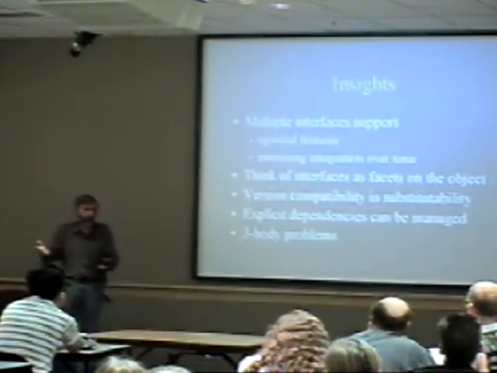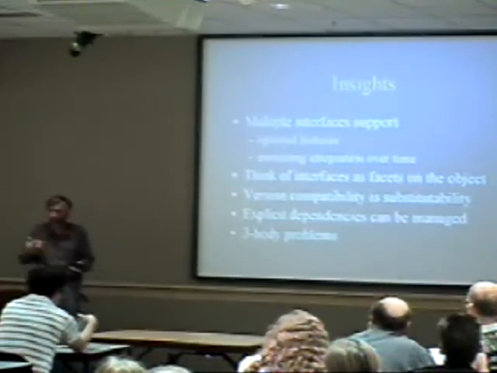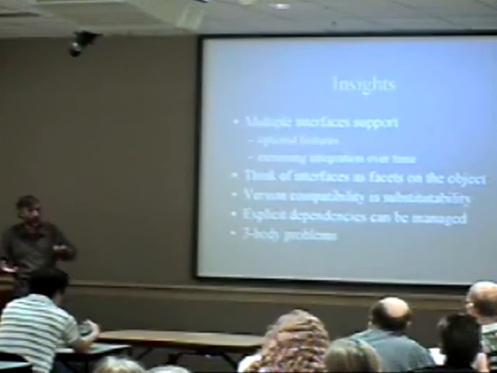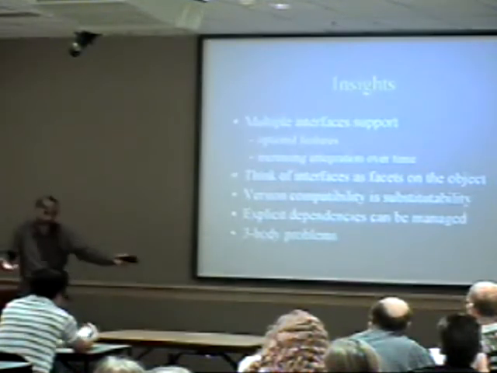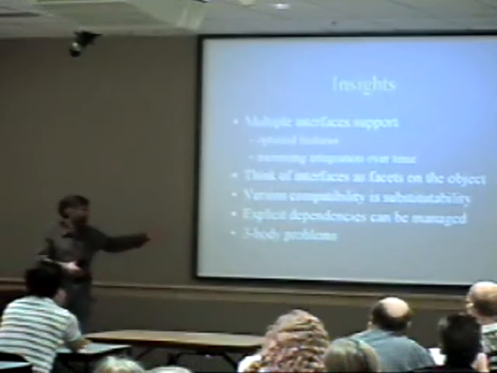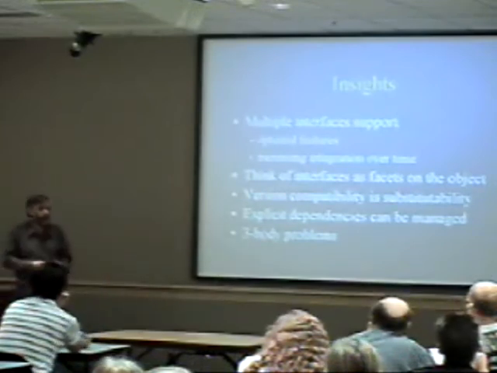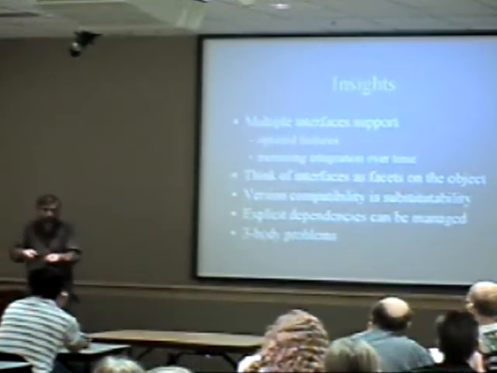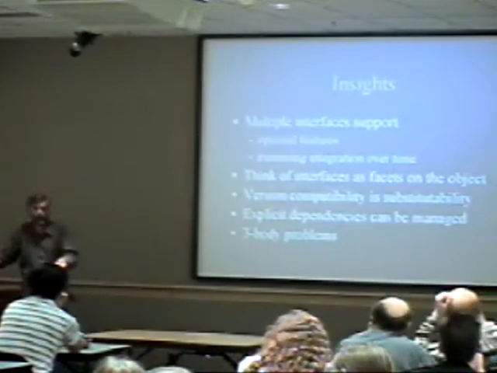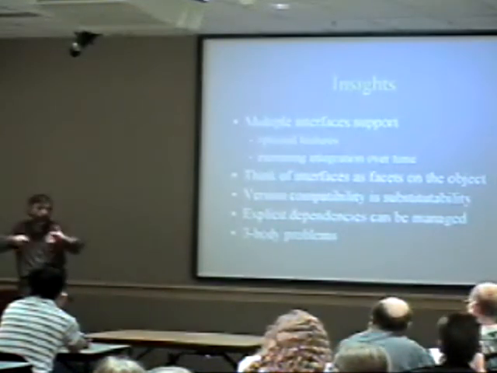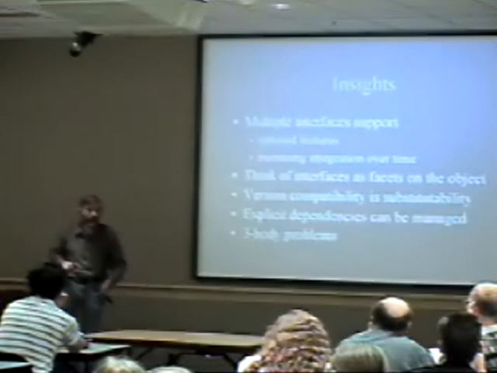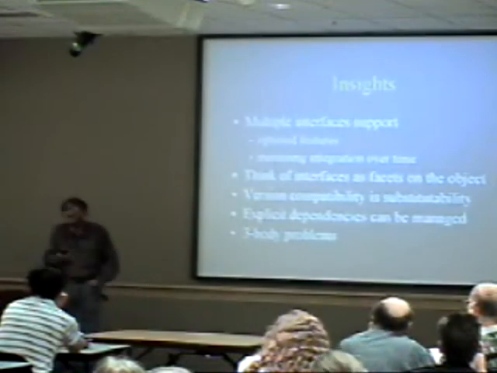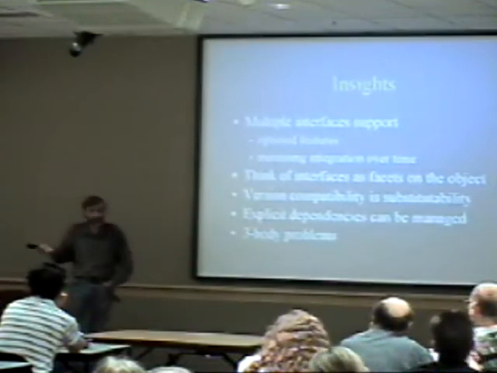So if it's a color printer and the image knows how to print itself to a color printer in a richer way, does your word processor have to know about color? And we wanted to design it so that you didn't have to do that. When you wanted to version some piece, some relationship between two components, you didn't have to spread that knowledge of that extra richness through the entire system. And that's why query interface is there. That's why it's in COM.